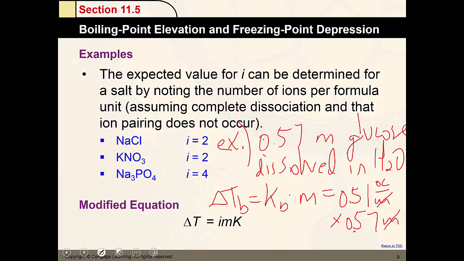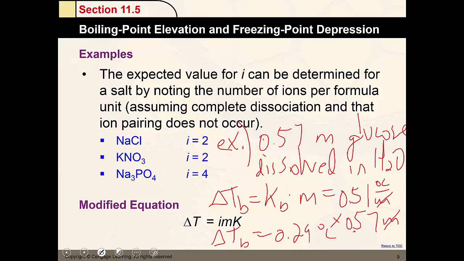So those units cancel. So the change in boiling point will be 0.29 degrees Celsius. However, that means the final boiling point, you have to add this to 100. So the final boiling point would be